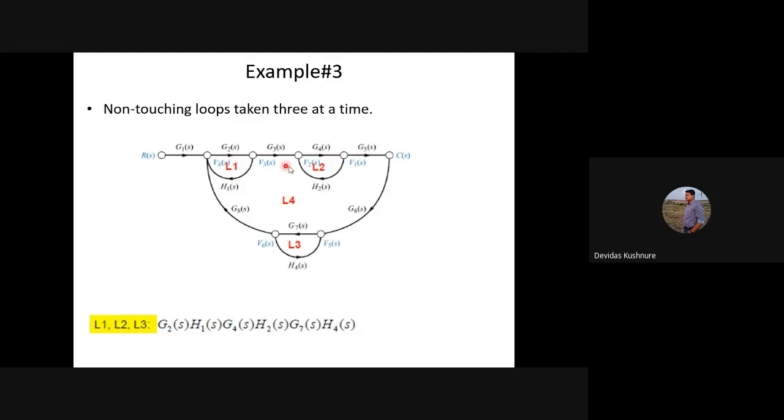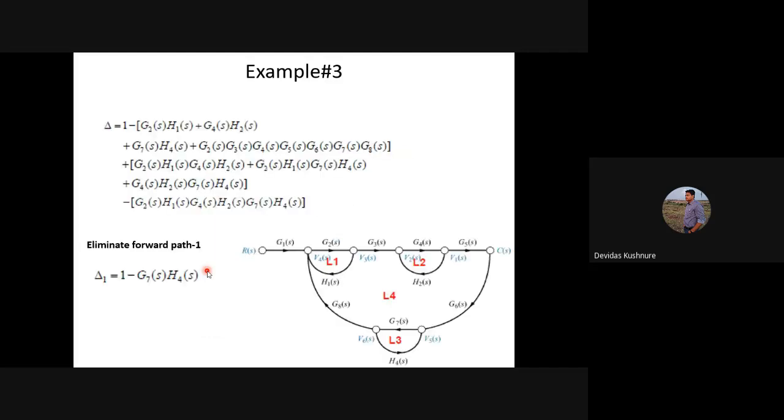These 3 are non-touching with each other. So we have one combination: L1, L2, L3. There are 3 non-touching loops. So now we have to check 4 non-touching loops. So we do not have 4 non-touching loops. So we have to stop and we have to put in the